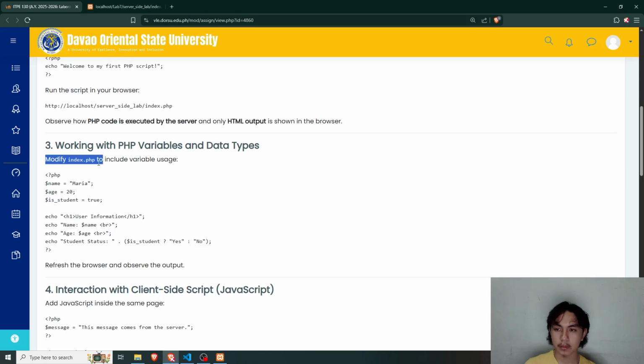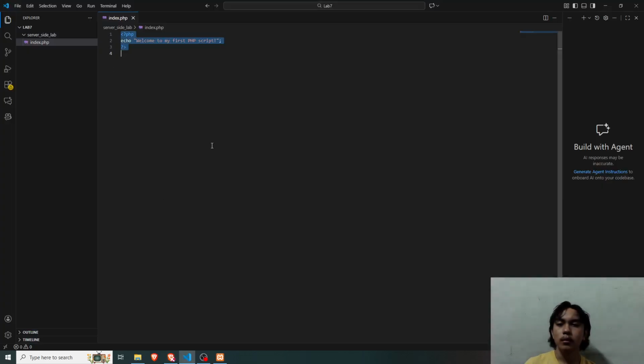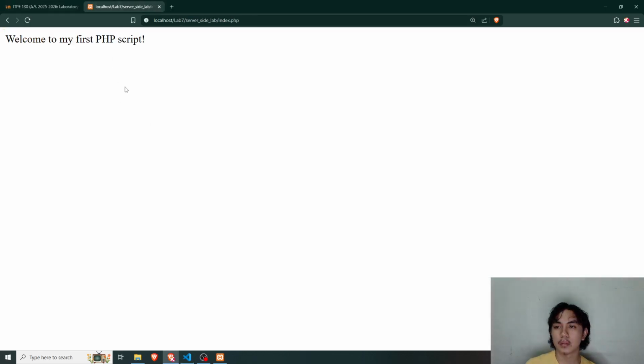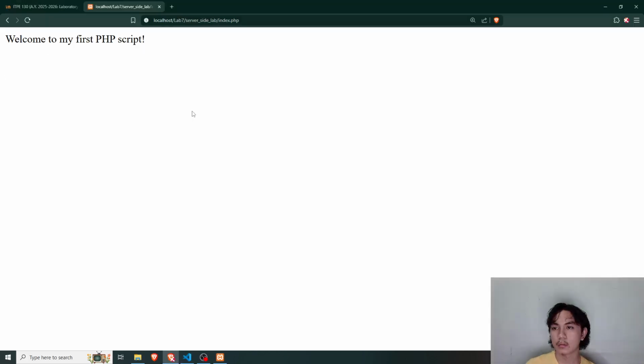We have to modify index.php to include variable usage. So let's copy and paste this provided code here, save, then Control R to refresh. So we have user information, name Maria. Let's try again.